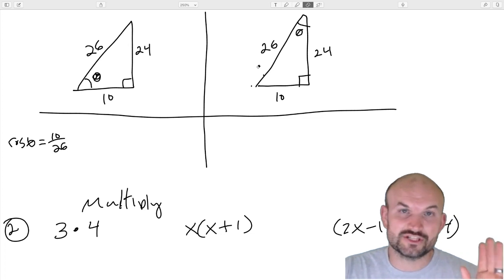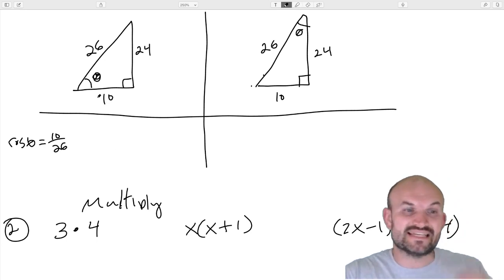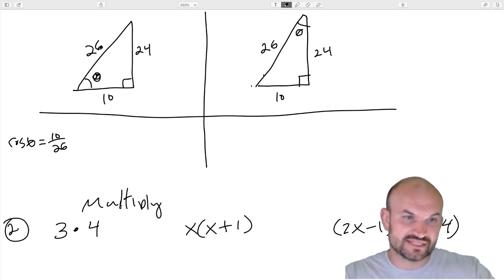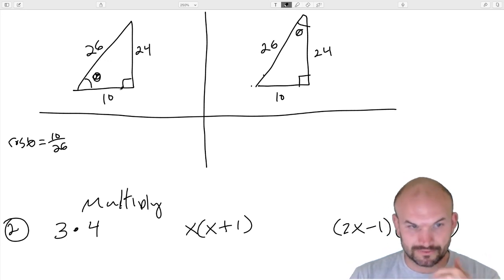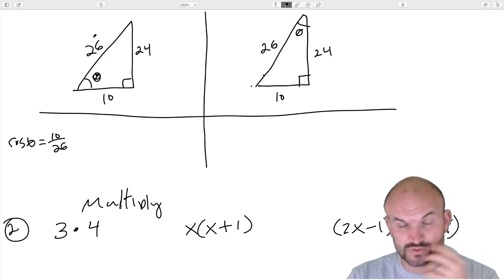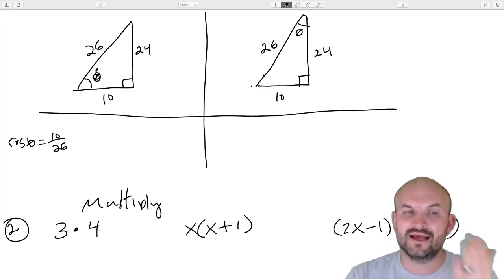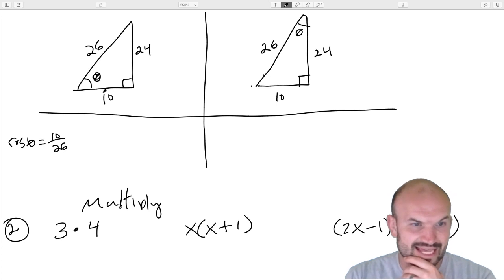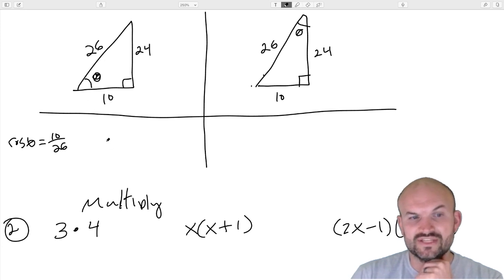Now, the secant is just going to be the reciprocal of that. So that's going to be opposite over adjacent. But again, this is all based on where theta is. Here, theta is between the 10 and the 26, so here's the hypotenuse and here's the adjacent side. And a point I should make is, remember, in a right triangle you have the hypotenuse, which is always the largest side. The adjacent side is the side between the angle and the 90 degrees. And the opposite side is the side opposite the angle. So you can see why 10 for theta over here is the adjacent side and 24 is the opposite. So the secant of theta is opposite over adjacent.